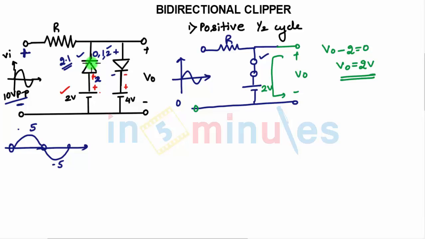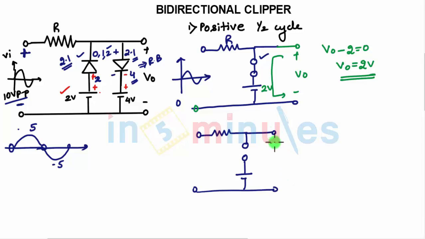We are considering the diode as ideal, so the diode will be open circuited. You have the battery, and the other diode, with 2.1 volts and 4 volts. The diode is not forward biased because the negative terminal is at a much higher potential than the positive terminal. A diode is forward biased when the voltage at the positive terminal is greater than the voltage at the negative terminal. In this case the voltage at the negative terminal is greater than the voltage at the positive terminal, which implies the diode is reverse biased, right? So the circuit in this case will look like this. You have plus minus VO and plus minus VI. Now VI has reached 2.1 volts.